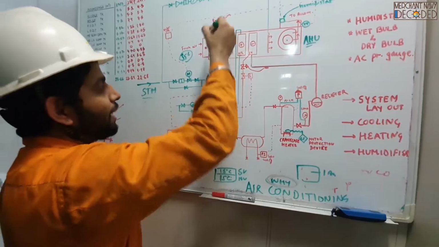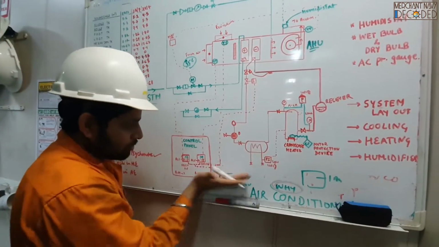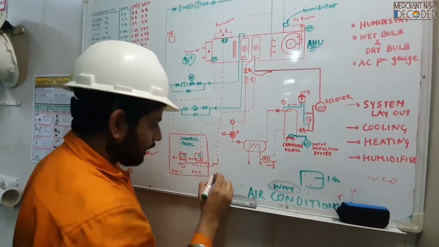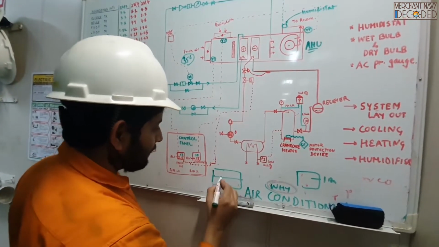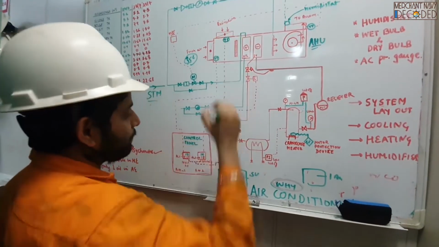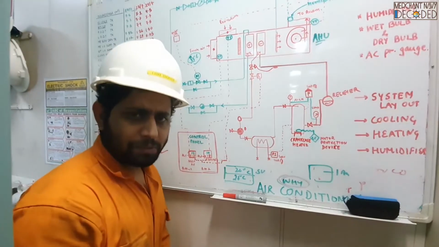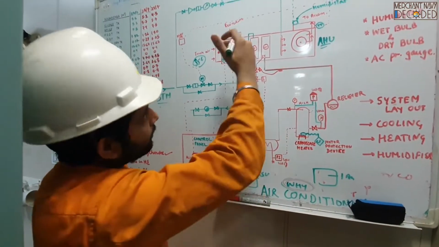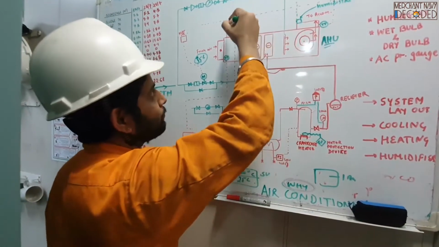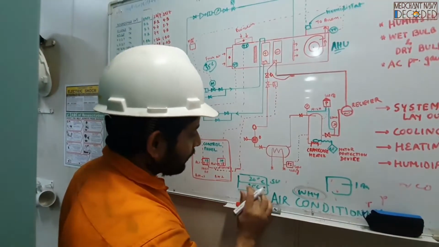So recirculation is in use, but still I want my cabin temperature to be around 20 degrees centigrade. I put my cabin temperature set value at 20 degrees centigrade, and say the measured value is coming at 25 degrees centigrade. No problems, my AC is running. Now AC is running continuously, cooling, same 25, cooling down, 24, 23, 22, it comes down to 20